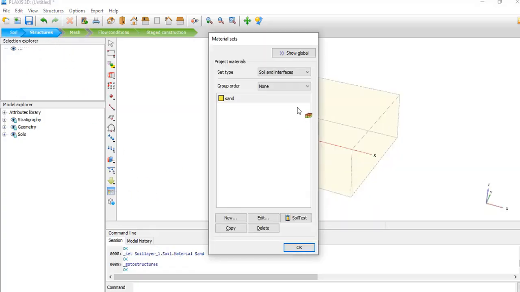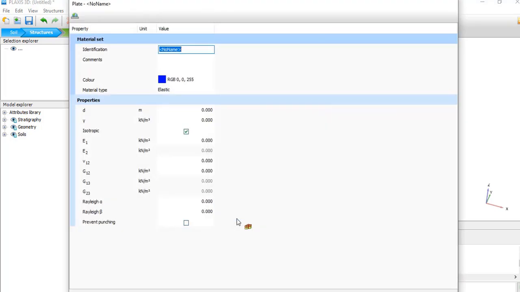We will define plate and click new. Foundation. Okay, make it blue, elastic, thickness 1.2, gamma equal 2.5,